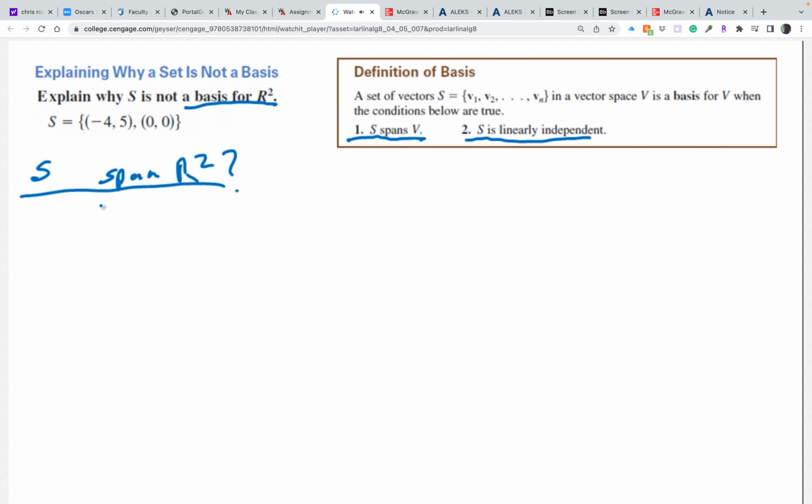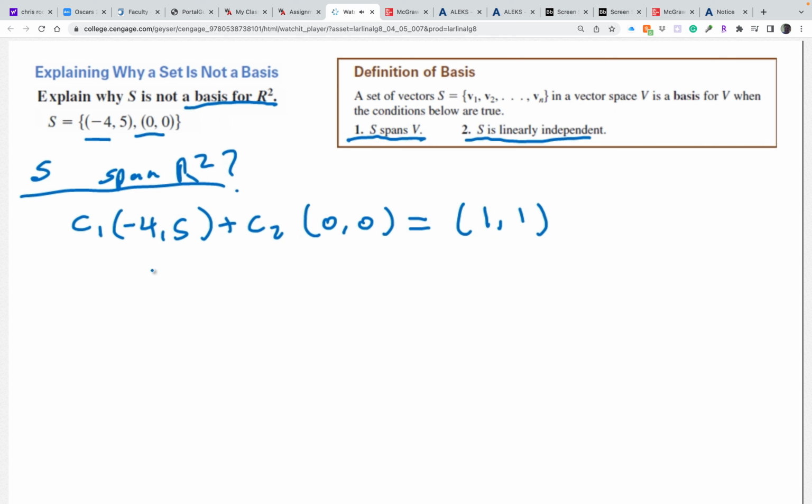Well, that will mean that it's possible to create any vector in R2 from the vectors in S, meaning if we were to take a constant c sub 1 times the vector -4, 5, plus a constant c sub 2 times the vector 0, 0, we could get any vector in R2,